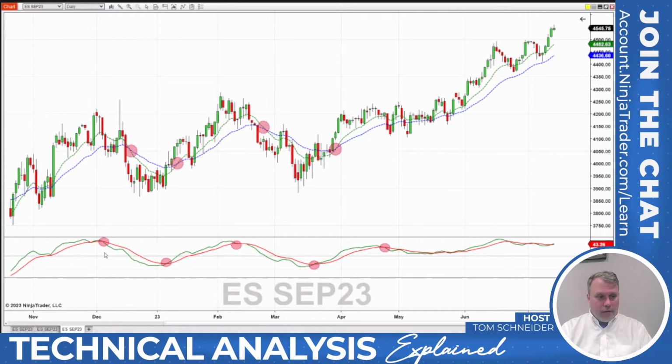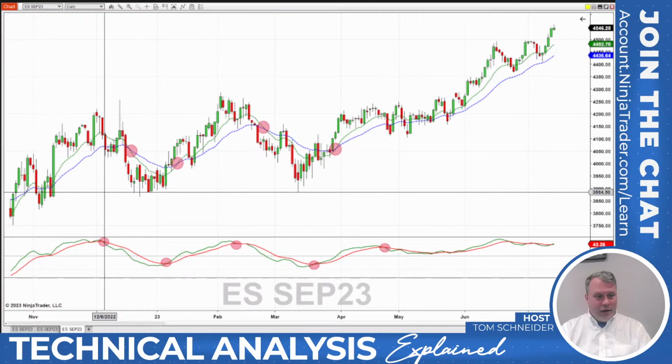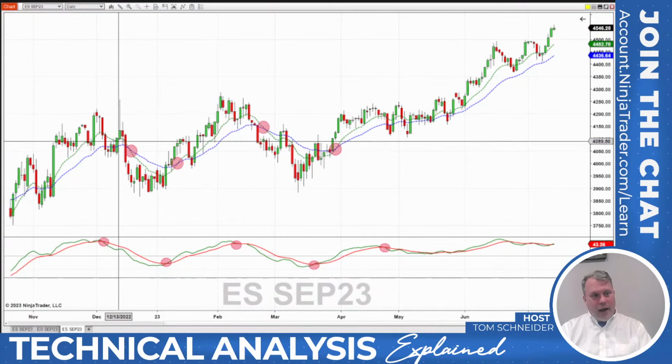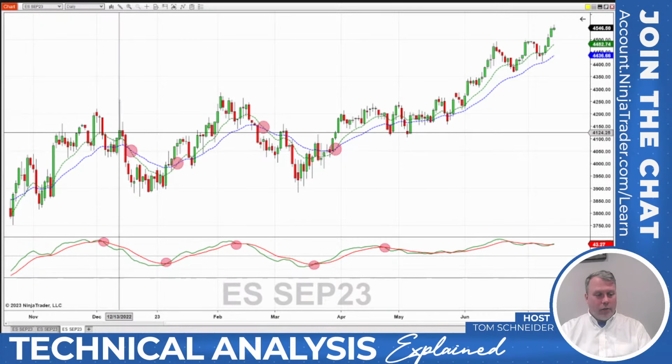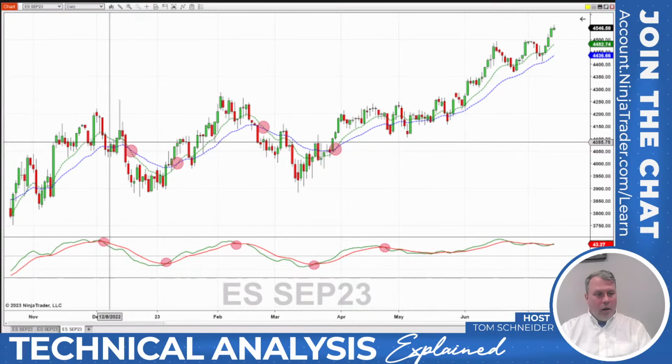So let's look at this. Here we got an indication back at the beginning of December of last year. And if we bring up our crosshairs, we can see exactly where that happened. That happened right here. So instead of waiting for this crossing signal, the truth was we were near the end of the trend. It probably had a little bit more to go, but not much. I think I would have preferred to get a signal back here and a little bit higher. Yes, we did have a little bit of a retracement, and you might have gotten stopped out if you're looking at a longer term trade. But still, if we were longer term holders,